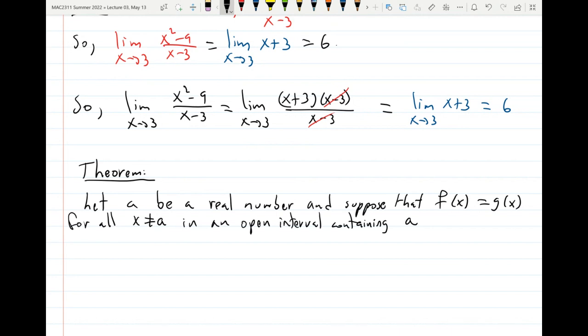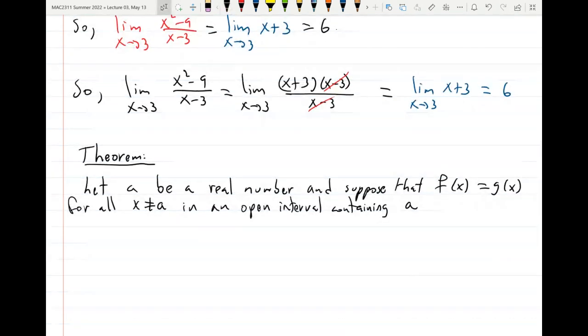Maybe these functions are not even defined at a, or one is defined, the other one is not. Like in the case above, our rational function was not defined at 3, but the line x plus 3 is defined. It doesn't matter. Around 3, they were both the same, so the limits are the same. That's what I'm just going to say here. So suppose that f is equal to g for all x different than a in an open interval containing a, then